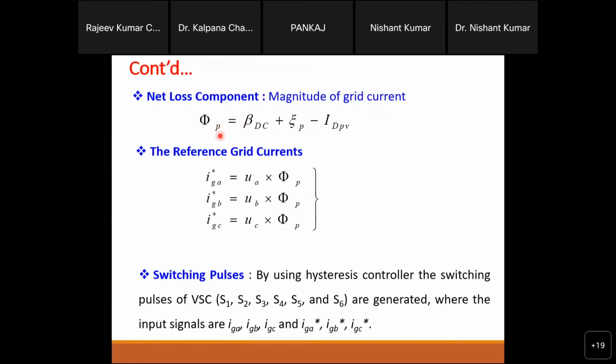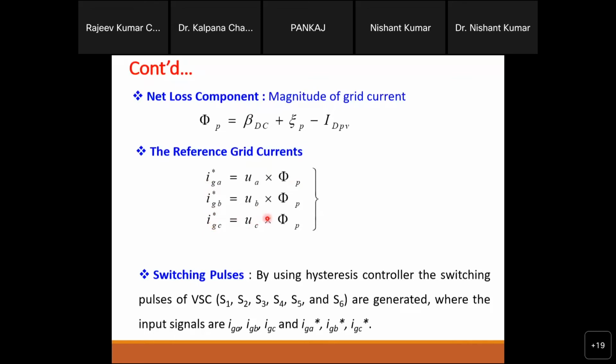And after that, this is just a magnitude number, right? So we will multiply with the unit templates UA, UB, UC. These numbers are according to the grid frequency and grid phase. So no issue with the phase, no issue with the frequency, because these signals are totally based on the phase behavior and the frequency. So just multiply with that, and then we will generate one sinusoidal signal with this magnitude, and then we will give it the name IGA. So this is the grid current reference for phase A. This is the reference for phase B and phase C for the grid current. And like that, we will use that.